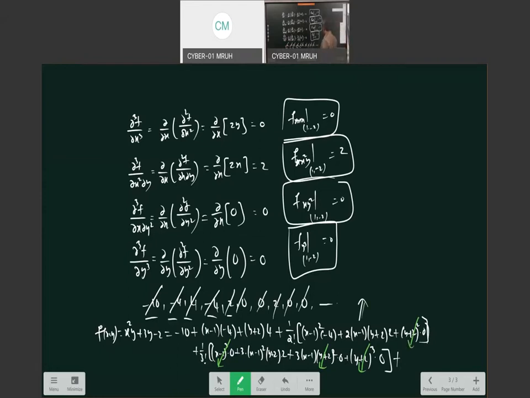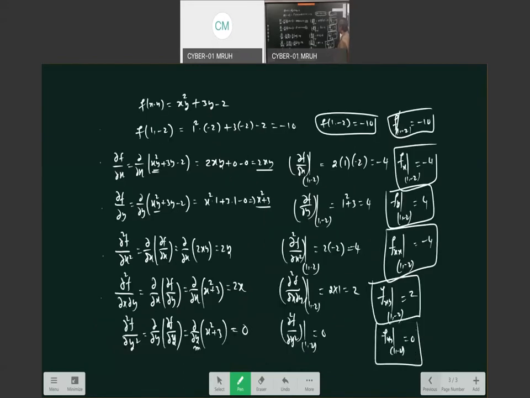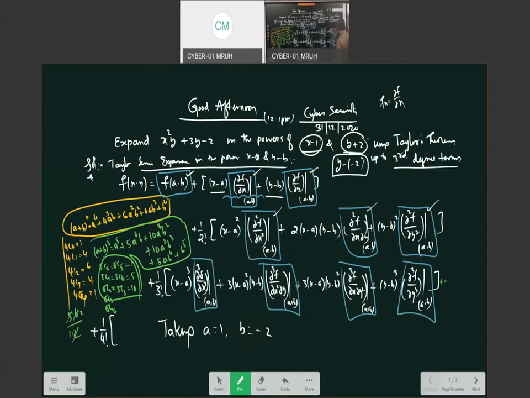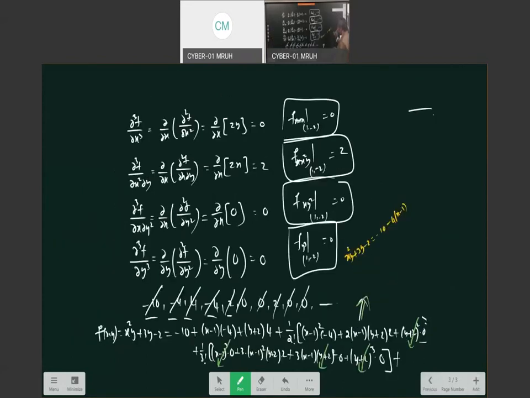So here this could be written as, I can write over there. So that is called x. I can write this way, right? So x square y plus 3y minus 2 is equal to, which is minus 10 plus, not plus, minus 4 into (x minus 1). Don't write minus 4 inside, okay? Because my problem is to evaluate in the powers of (x minus 1) and (y plus 2). So don't simplify further. Plus 4 into (y plus 2),